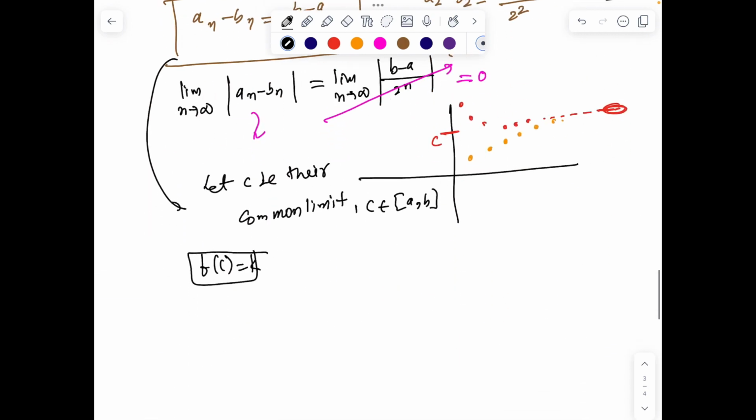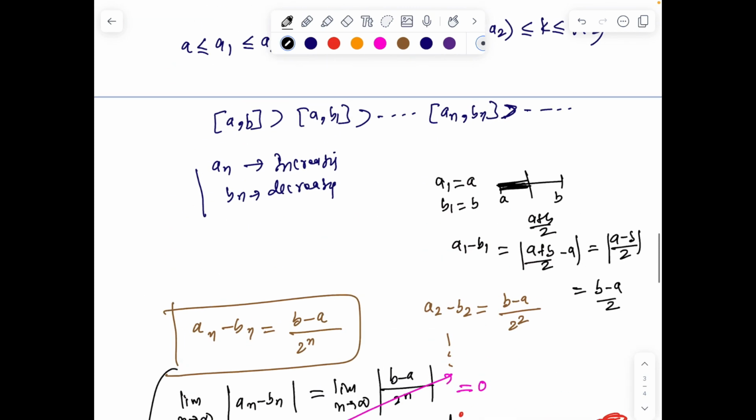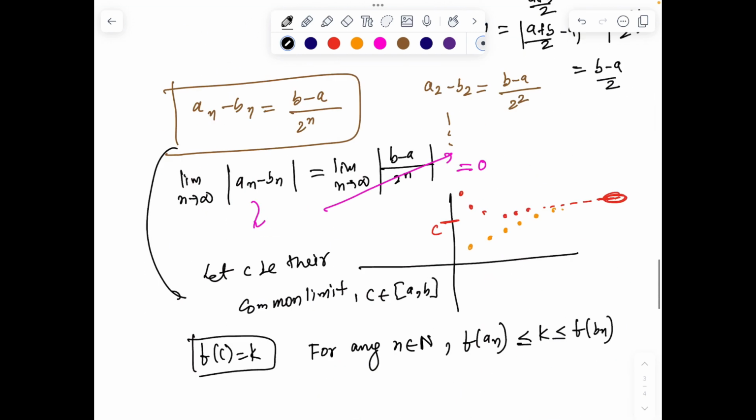That is not very difficult to show, क्योंकि आप इसको show करने के लिए what I'm going to do is, for any natural number n, we know f of a_n, by the way I have constructed, is less than or equal to k, less than or equal to f of b_n, right? ये तो यहीं से आ गया interval से, because you apply for f of a_3, so you'll get f of a_3 is less than or equal to k and less than or equal to f of b_3. I repeat the process. So in general f of a_n will be less than or equal to k and less than or equal to f of b_n. So by this very construction,